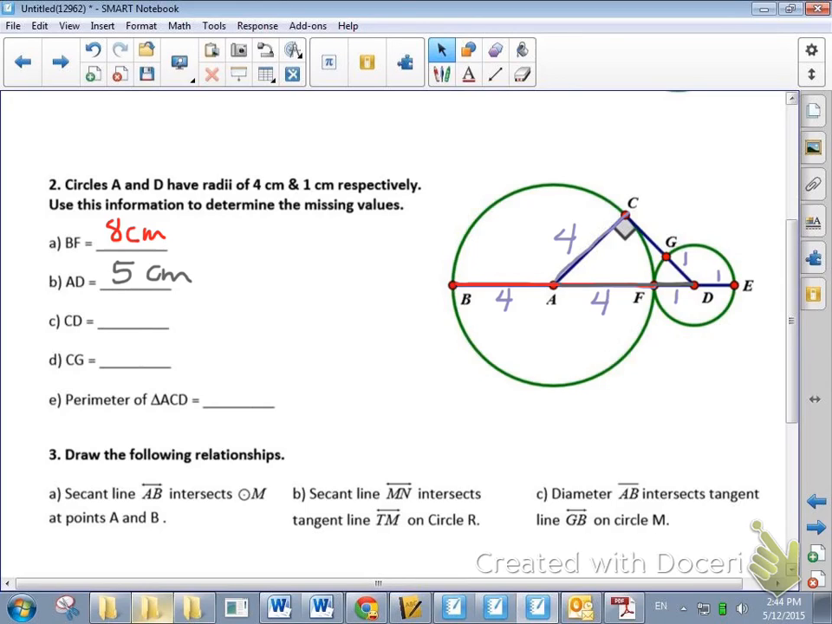Okay, and then I'm looking for CD. Now this one gets a little tricky here. CD. I know GD is 1, but I don't know CG. So if I can get CD, but notice that this is a right angle right here, so I can use the Pythagorean theorem to figure out